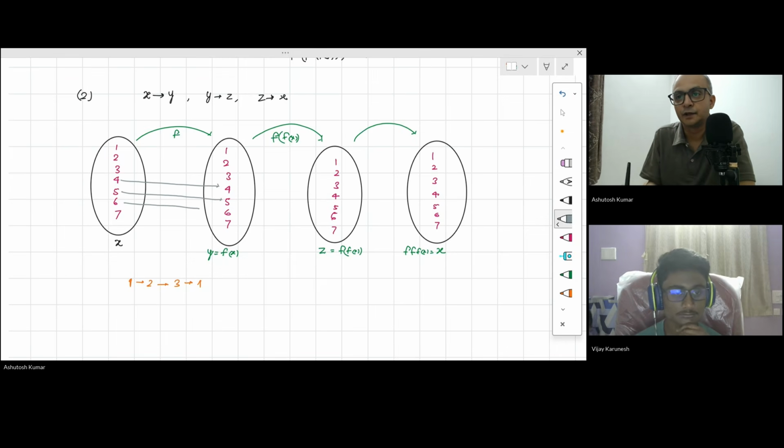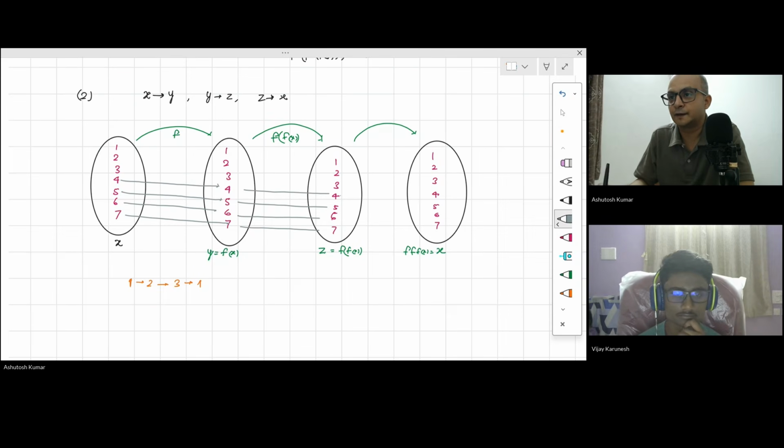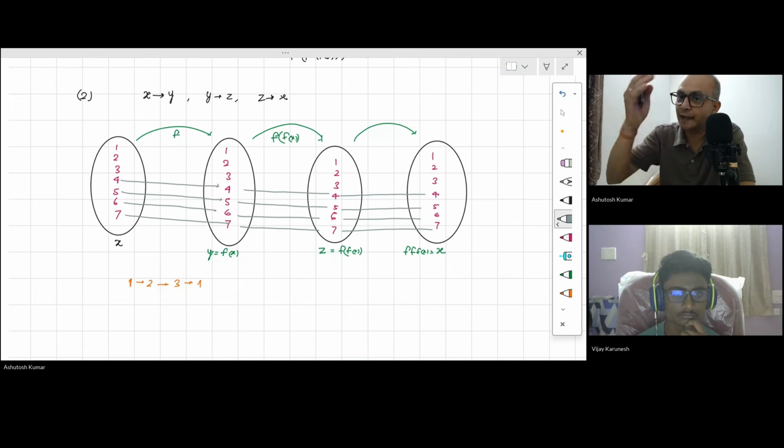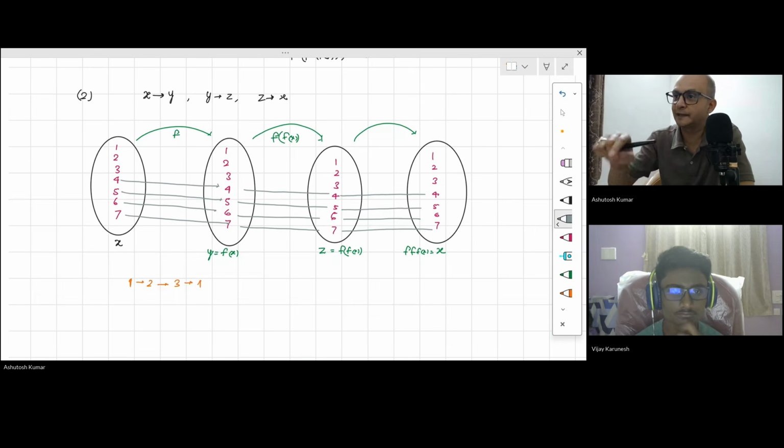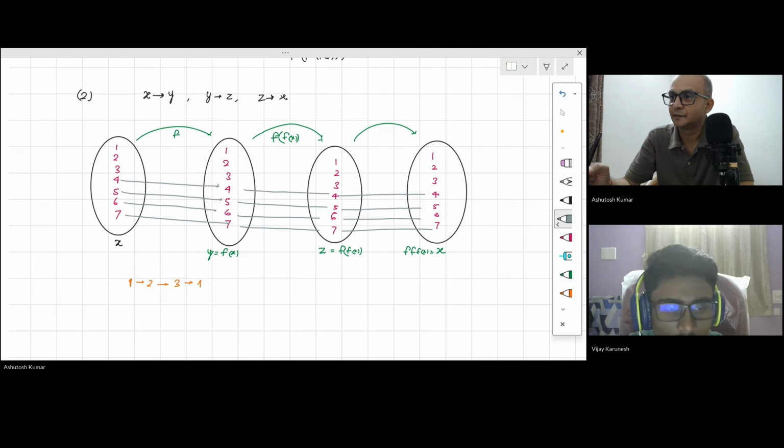Excellent. This is 5 to 6, 7 to 7. So in each case that will happen: 4 to 4, 5 to 5, 6 to 6, and 7 to 7. And similarly 4 to 4, 5 to 5, 6 to 6, and 7 to 7. And these 3 are just cycling around among themselves, correct? So what I get is that, supposing I understood the structure of 1, 2, 3, I can choose any 3 out of 7 and repeat the same process. Is it understood? Correct.